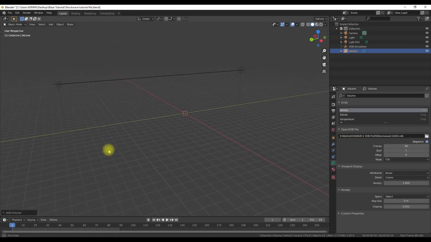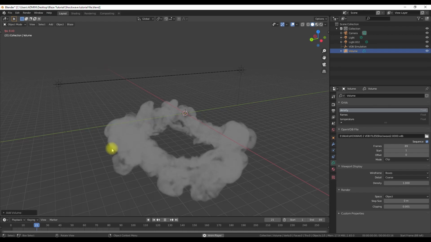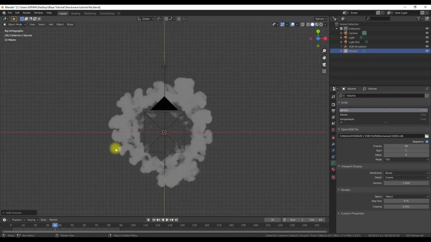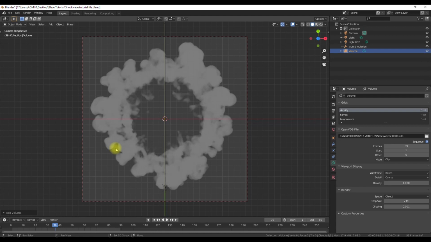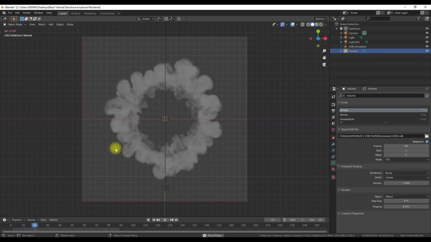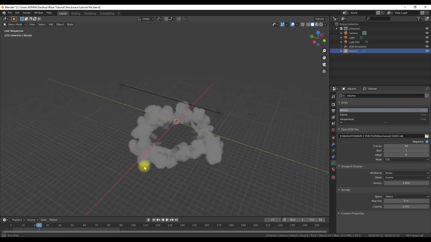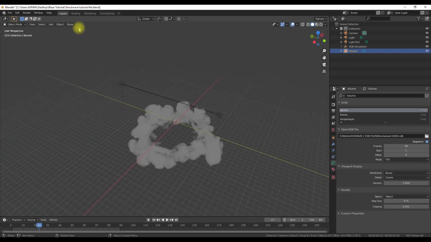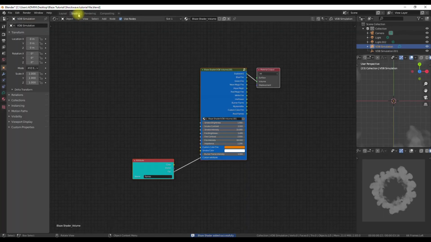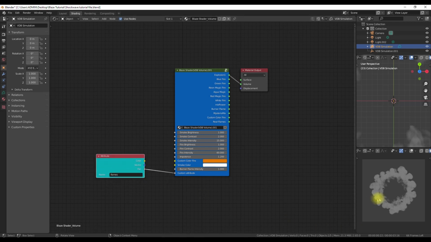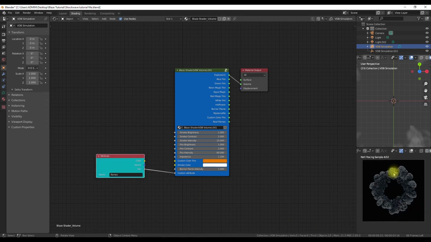So this is a shockwave file which is a preset from Embergen. I exported it to a VDB file, and now we are going to add the Blaze shader to it. The shader can be added from the 3D view or the node editor. I'm going to add it from the 3D view, and then we will work on the shader in the node editor. This is the shader you get for VDB type of files. So this is what we are getting by default on this shockwave file.